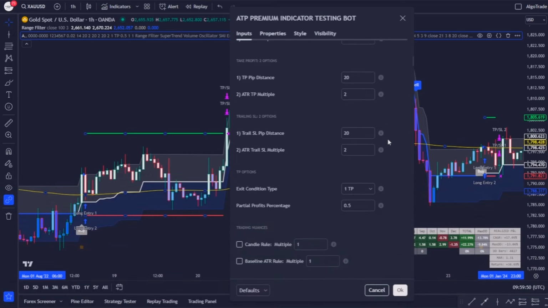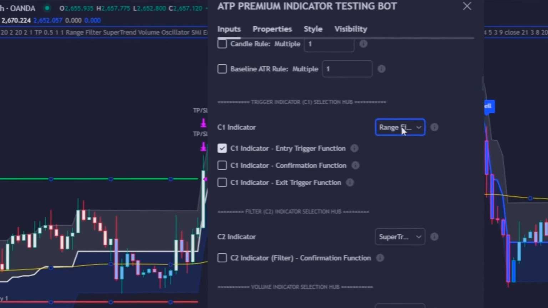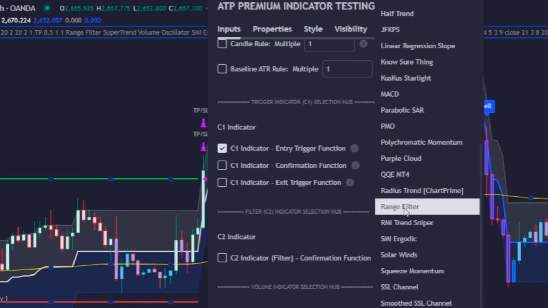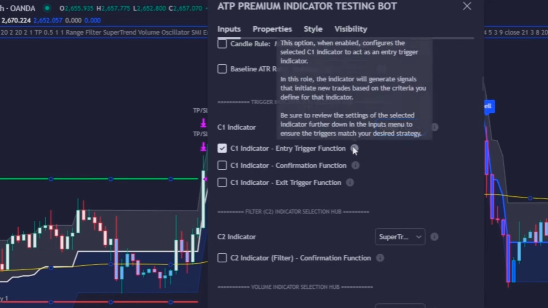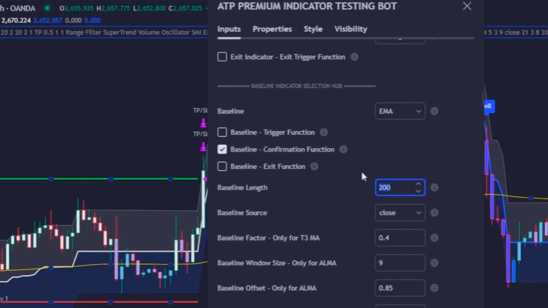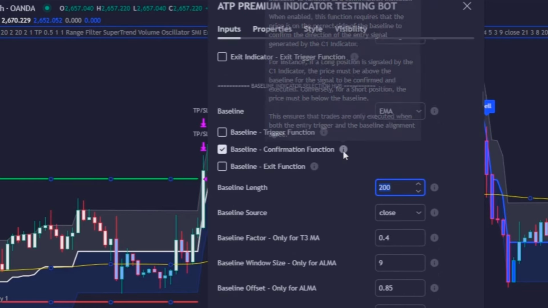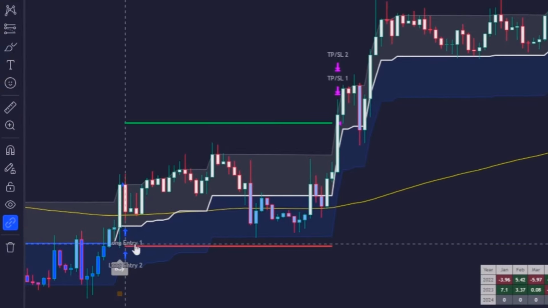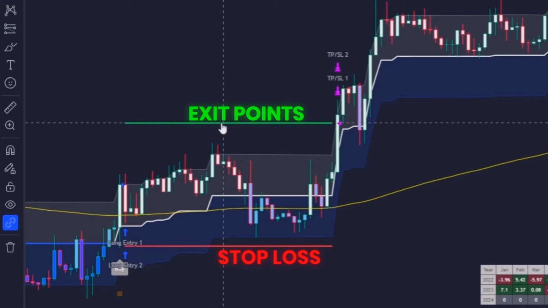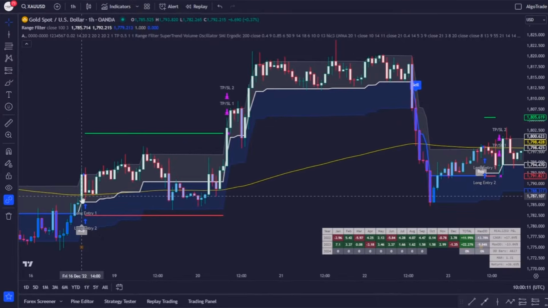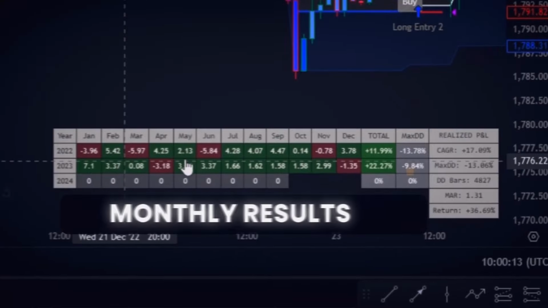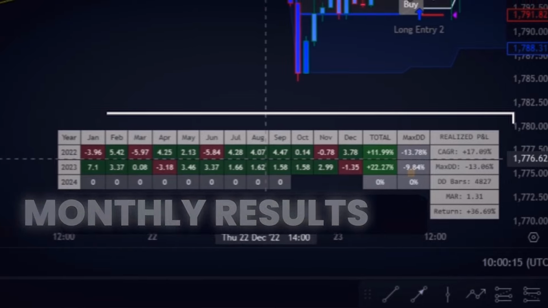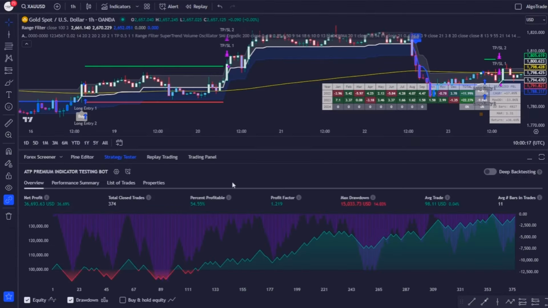Once we have set all the conditions we discussed earlier, including the range filter indicator with entry trigger function, the 200 period EMA for baseline and the right risk management rules, the trading bot will display every valid trade on the charts with the respective stop loss and exit point, and is quite precise as you can see. Besides that, it also provides the monthly results here in this table and the overall statistics for each asset in